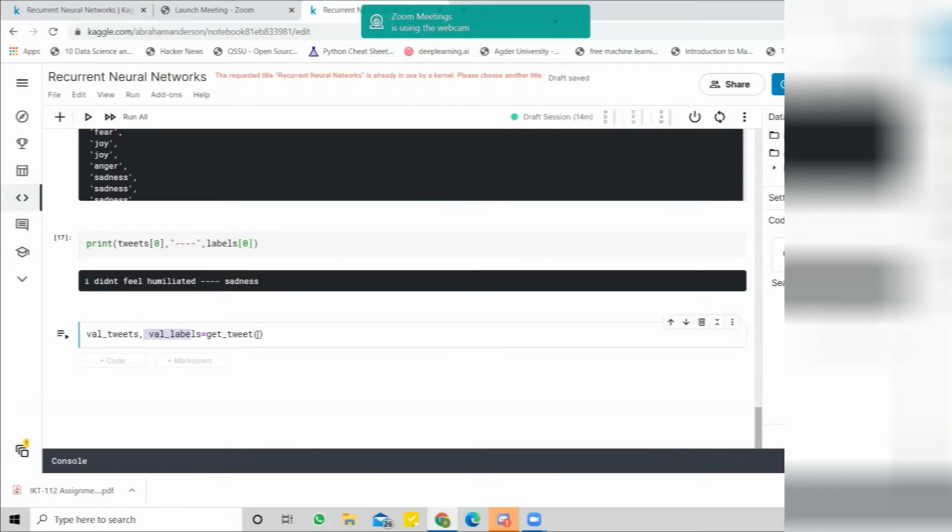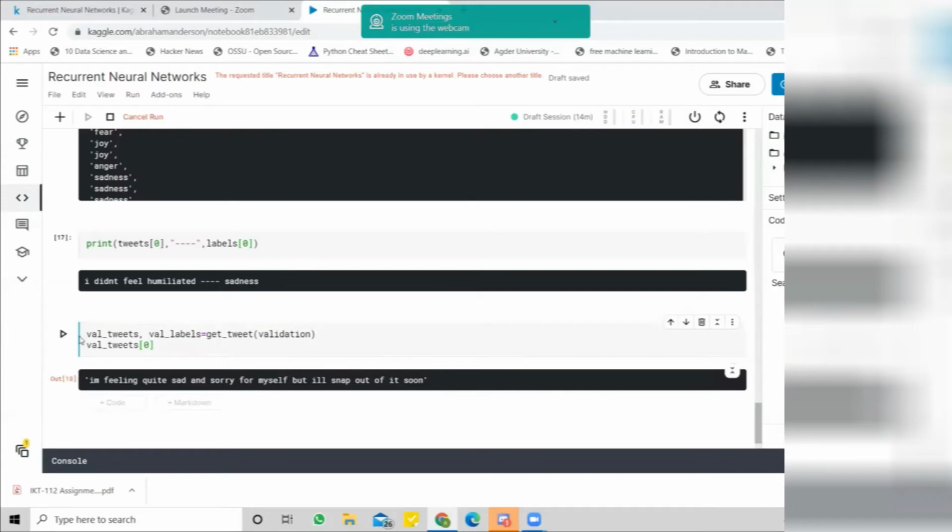Okay, and for this one, because we have a validation data set, let's look at, for example, the first tweet of the validation data set. That's 0. This is the first tweet of our validation data, right?